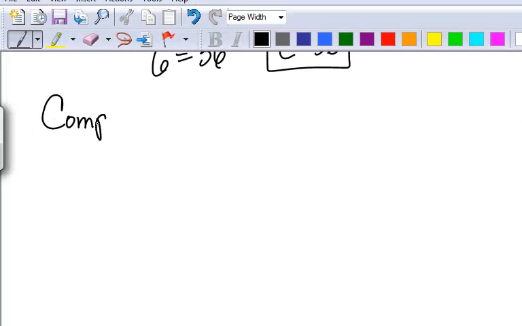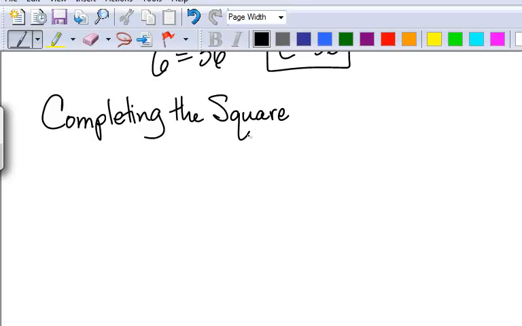Okay, now we're going to use that idea on trinomial squares. We're going to complete the square. We have so far, you should know 2 methods so far to solving a quadratic. You should know factoring to solve a quadratic, and you should know quadratic formula from last year. Now we're going to go through completing the square. Did you do completing the square in Algebra 1? I would guess probably not. Okay. Okay, so it is another method